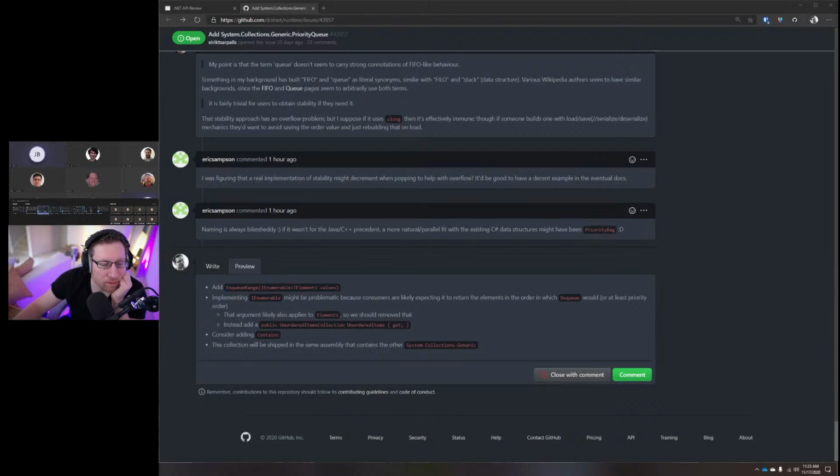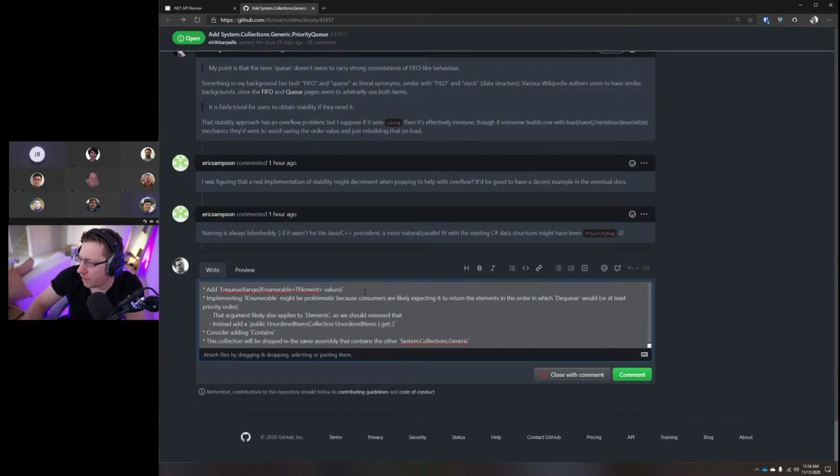So your first bullet, adding queue range IEnumerable T element values needs a comma T priority. The first bullet in your notes. So we have in queue range that takes an enumerable of the tuple element and priority. And then the thing we were adding was an enumerable of elements with a common priority.